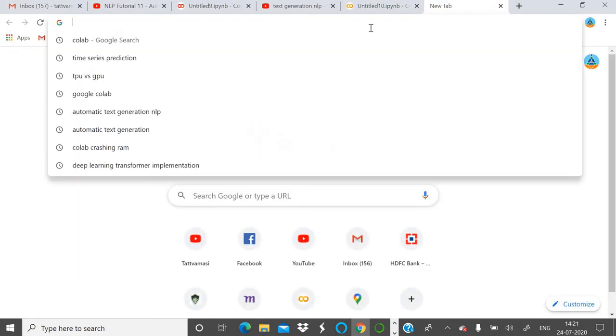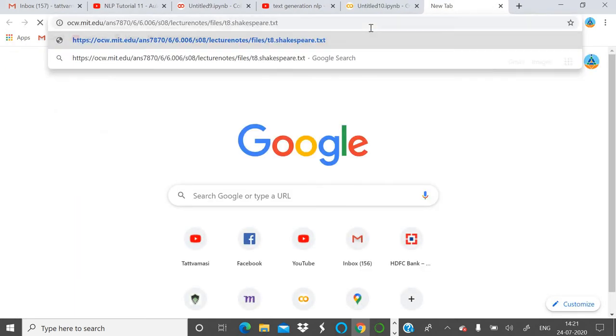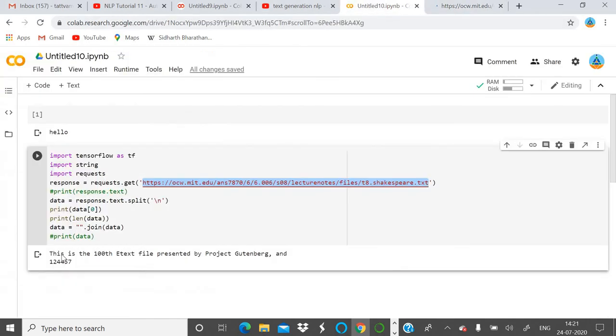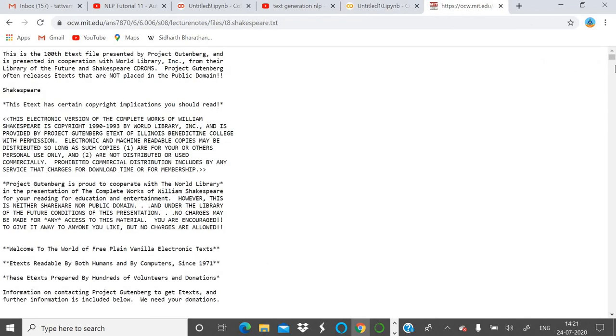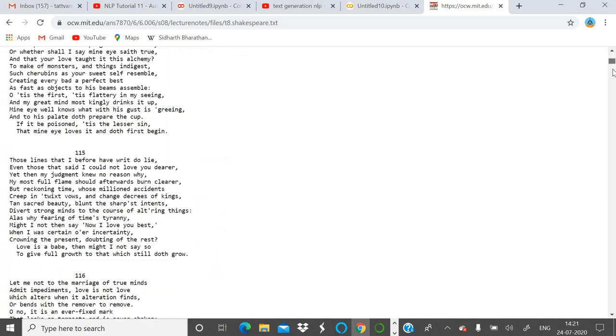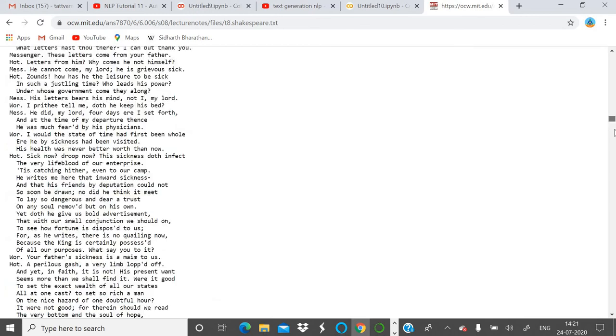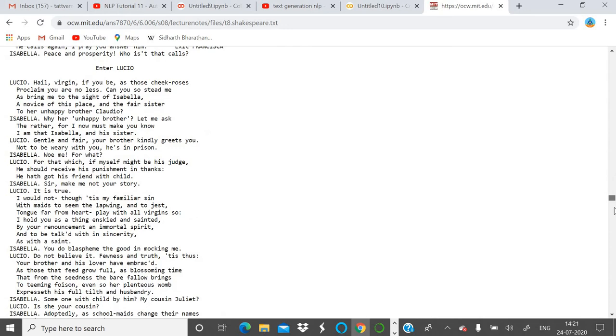I will show you here. Yes, you can see this is the Shakespeare text. It is starting from, this is the 100th text file presented by Project Gutenberg. That's what we have seen here. That's the first part. So this is a very huge one. It will go like anything. This play, the sonnet, written by William Shakespeare, we are using this for